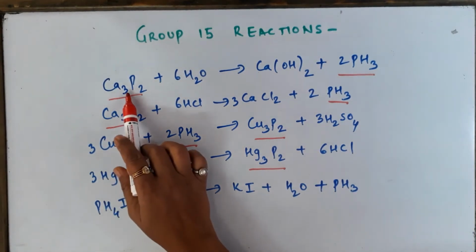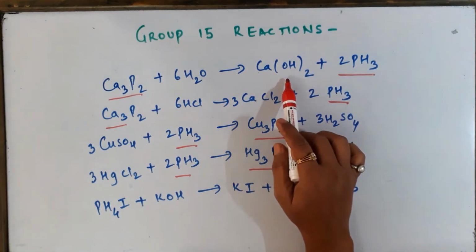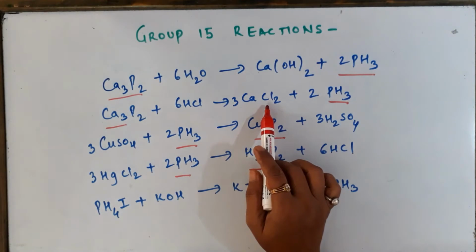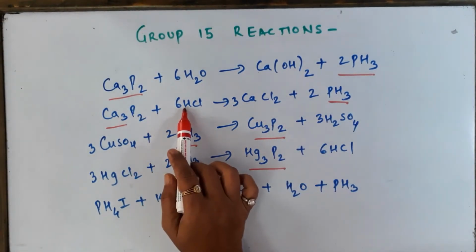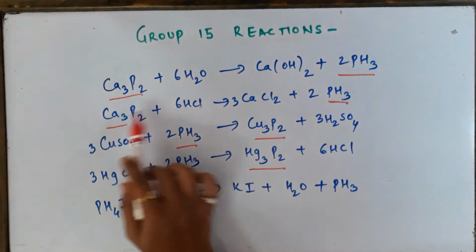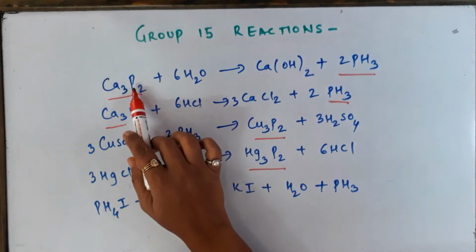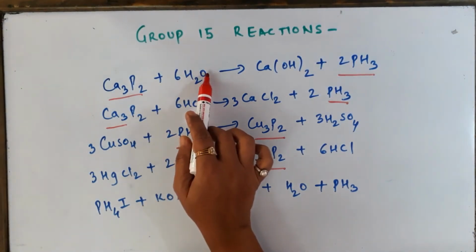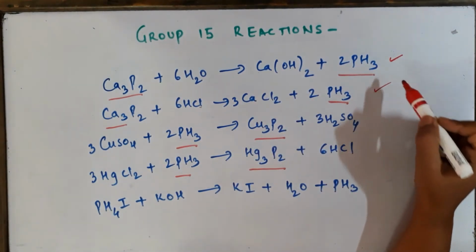Then phosphide plus water gives you phosphine plus alkali. Phosphide plus acid gives you phosphine plus salt. Now this is easy because if you have removed PH3 from here, then what is left? Cl is left, CaCl2. It's common sense. Similarly here also, if you have removed PH3, from here H you have removed, OH is left, so OH and Ca is equal to Ca(OH)2. So this is simple logic you have to apply.